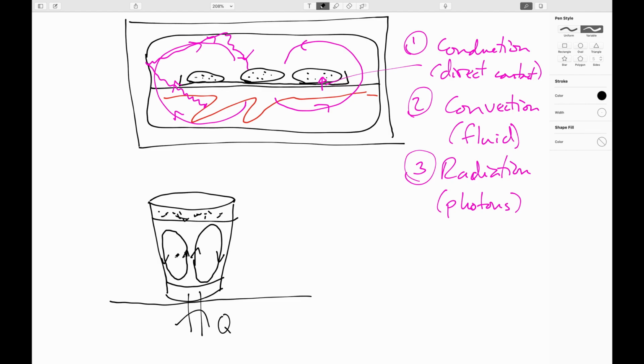Now, it turns out that the fluid, that Guinness as a fluid, is so viscous